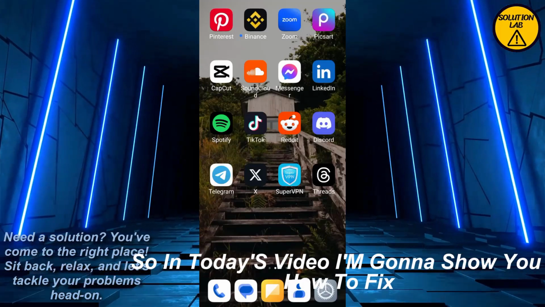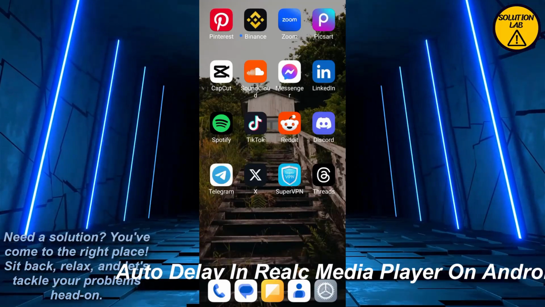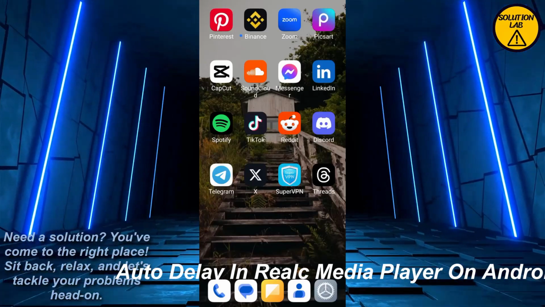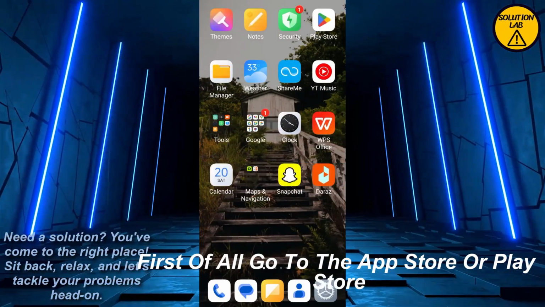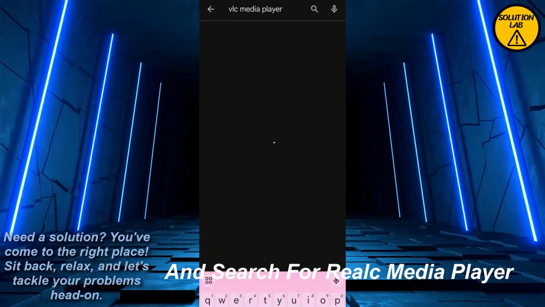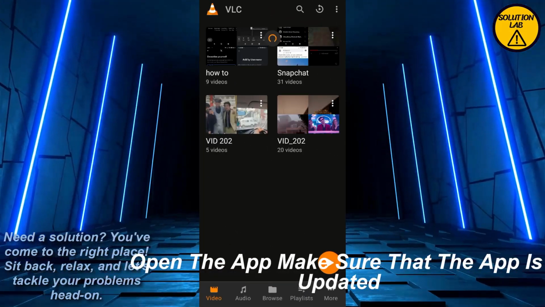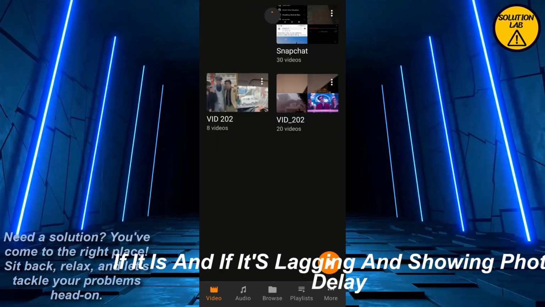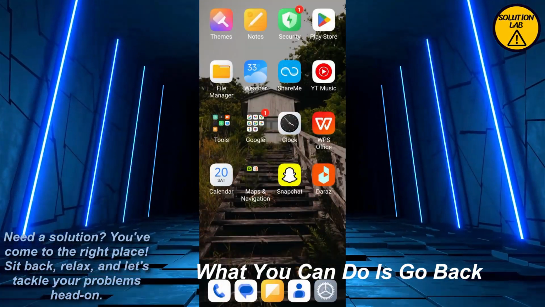So in today's video, I'm gonna show you how to fix auto delay in VLC Media Player on Android. First of all, go to the App Store or Play Store and search for VLC Media Player. Open the app, make sure that the app is updated. If it is, and if it's lagging and showing auto delay, what you can do is go back, find the